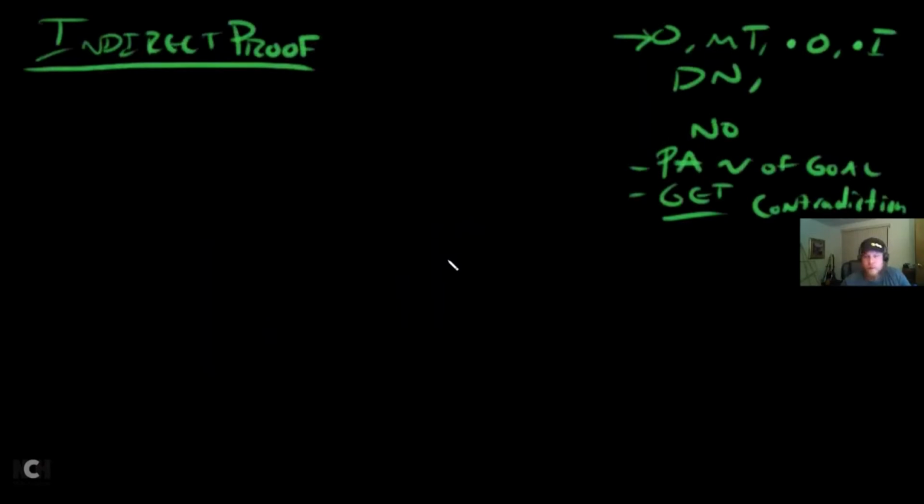The final rule that I want to talk about is the notion of an indirect proof. So indirect proof is another emergency situation, kind of like arrow in on the last quiz. So what we do is we see, can we do arrow out? Can we do modus tollens? Can we do and out? Should we do and in? Should we do double negation? And when we ask those questions, if the answer is no,